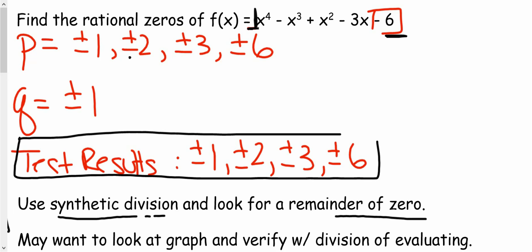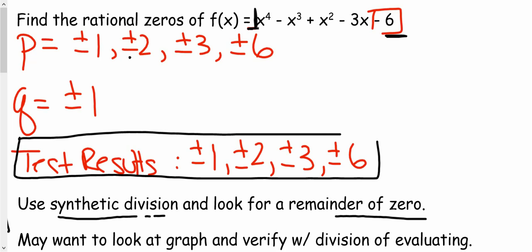This first video is going to be a continuation from our notes from day 3.4, finding the zeros, and we started to talk about how we can use test results to try to figure out which numbers we should be plugging in to figure out how we can get our factors here. So the way that we get our P and Q, as a reminder, is that for my P values,